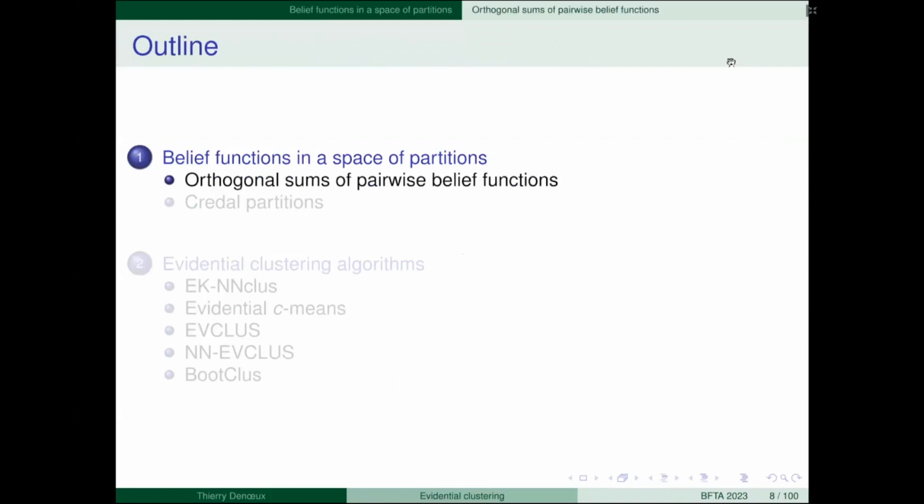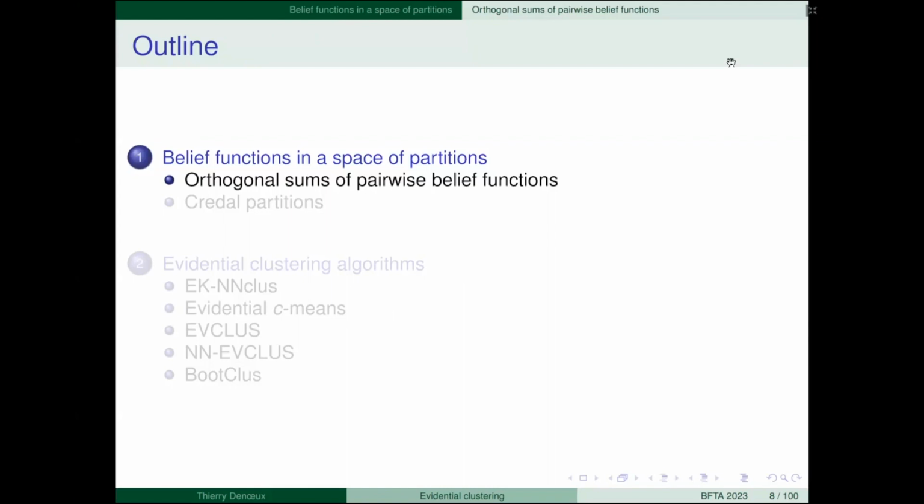Okay, the first approach is to consider pairwise belief functions, and it's quite similar to what I explained yesterday about matching relations. Okay, yesterday I showed that we have two sets, and we could construct belief functions on the set of matching relations. Okay, so here is a similar thing, but now the relations are equivalence relations, because a partition can be described by an equivalence relation.